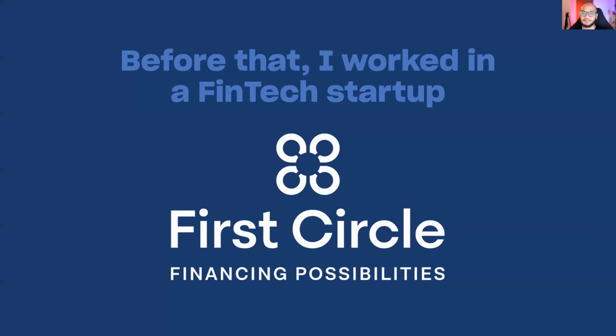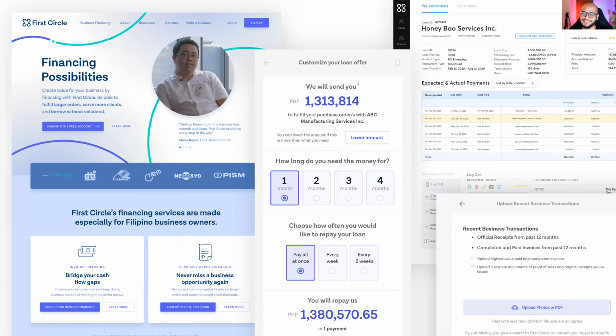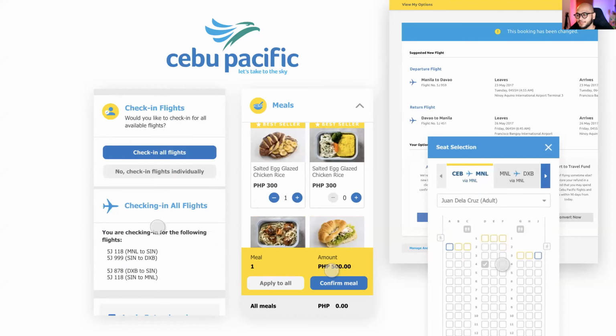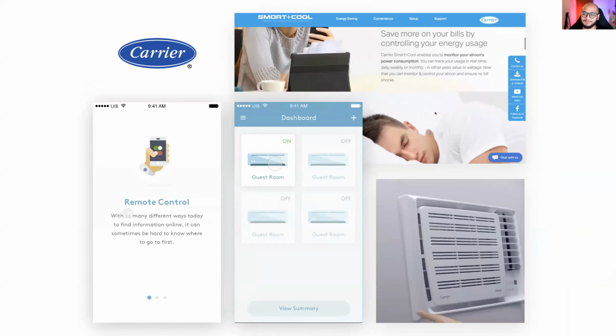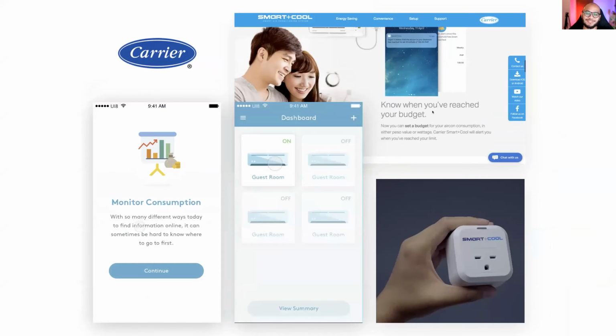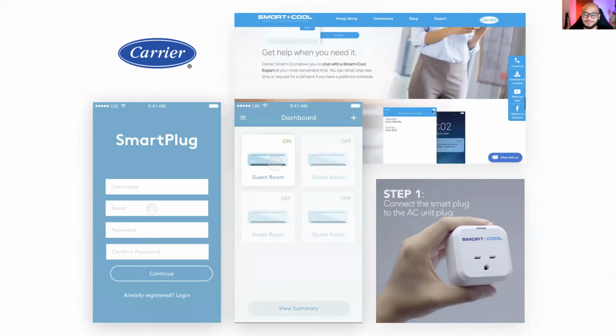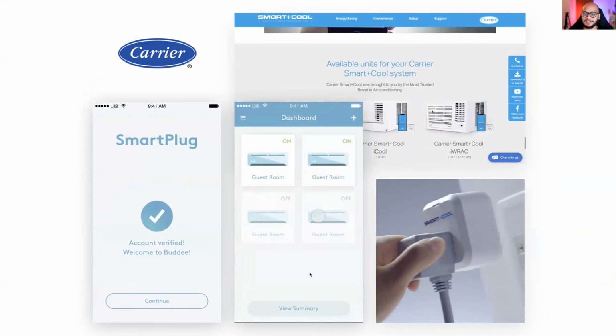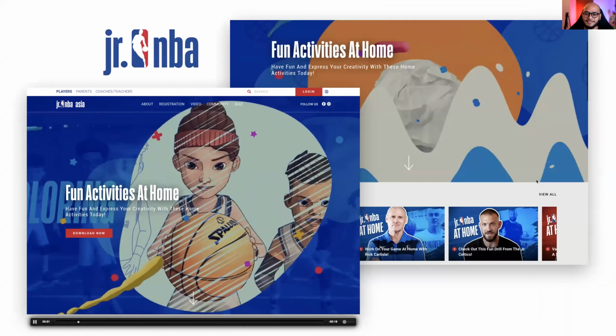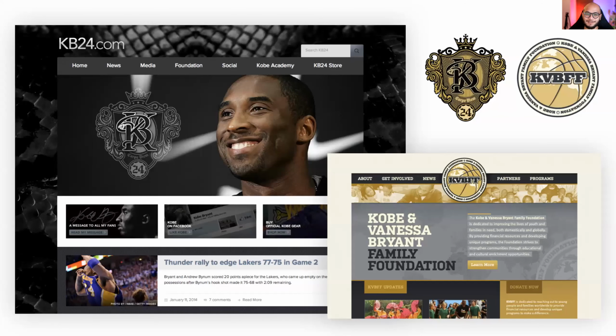Before that, I was in a fintech startup, where we did a bunch of dashboards and screens. It's a small business loan company. 4 years ago, I co-founded a UX agency that helped build booking platforms for airlines and smart home devices, the app that allows you to control your smart home devices, and also designed a couple of other websites. I started servicing clients 9 years ago, even though I started 14 years ago